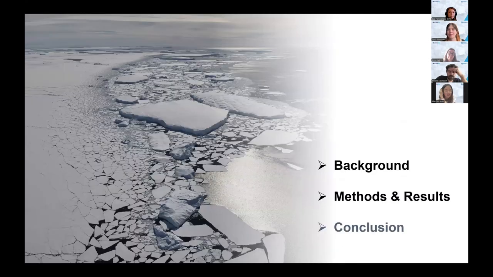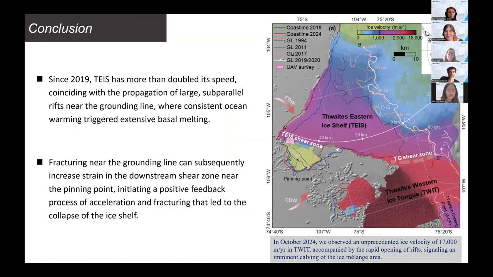So based on all the observation and modeling, we can come to our final conclusion, which is since 2019, the Thwaites eastern ice shelf has more than doubled its ice velocity, and we observed a lot of large rifts near the grounding line where strong basin melting occurs, and also warm water was present there for a very, very long time. And the fracture near the grounding line can increase the downstream strain near the pinning point,